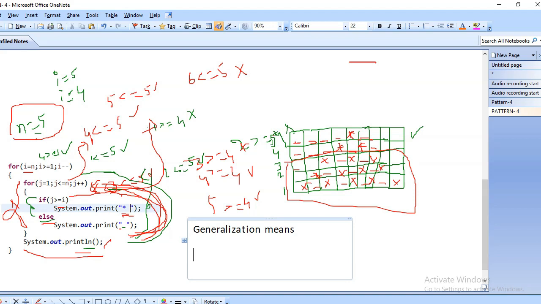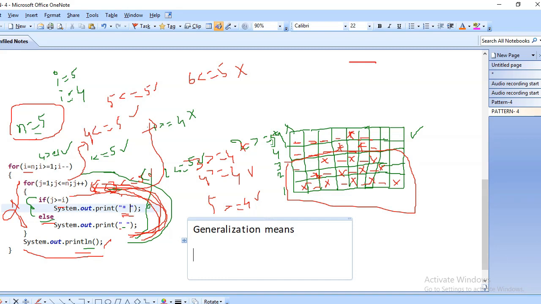That means if you enter any value, not only 5, not only 6, not only 10, even if you enter 1000, the pattern will be printed perfectly. Whatever number the client gives, the pattern will be printed in the same way, as in the client's given sample case.